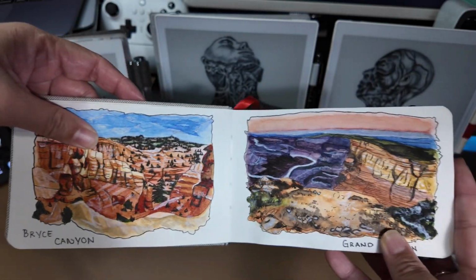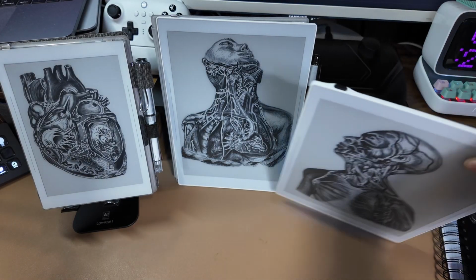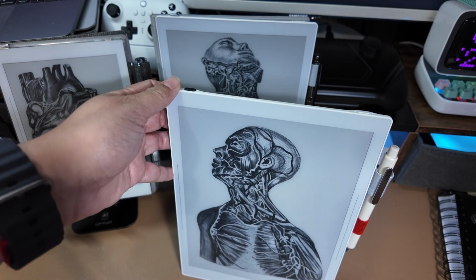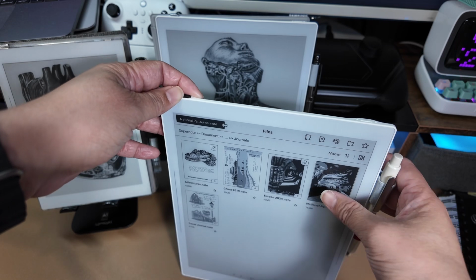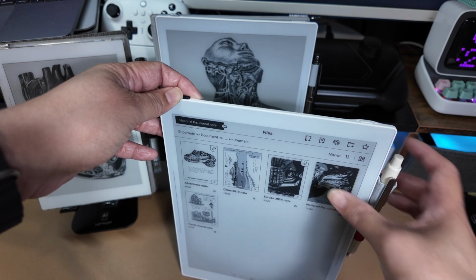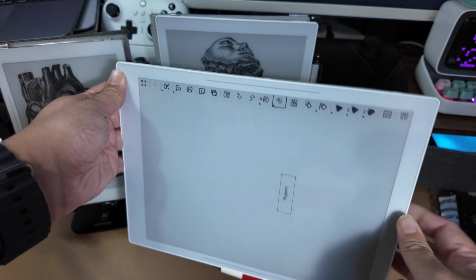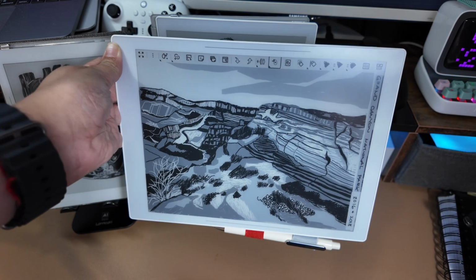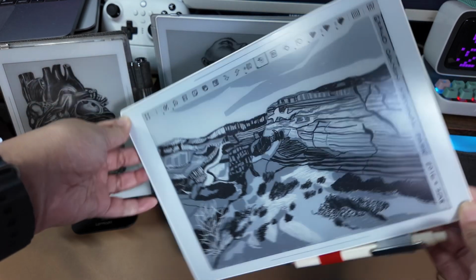So I'm just using this as an example, and how I'm replacing that notebook in my Supernote is that I'm using the Native Notes app for this, and I've created a specific notebook just for the national parks. So this for me simulates the drawing style that I'm used to drawing in here. So these are all landscape drawings of the national parks that I've been to,